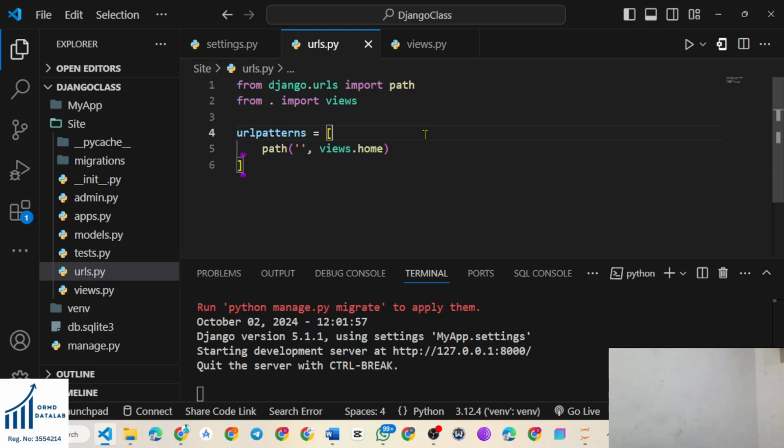Add the forward slash. In the code, add the forward slash. Now if you run it,